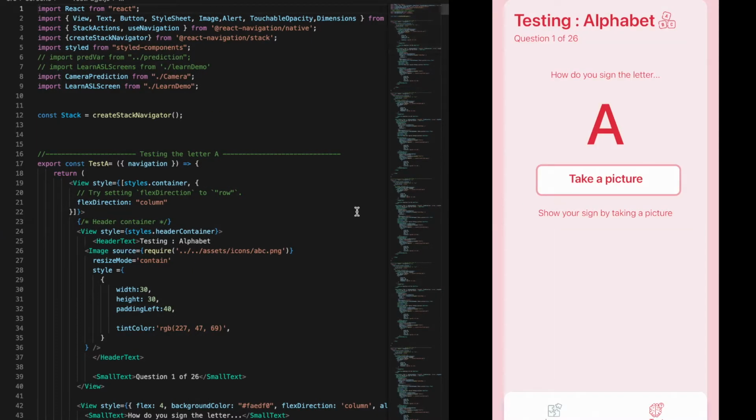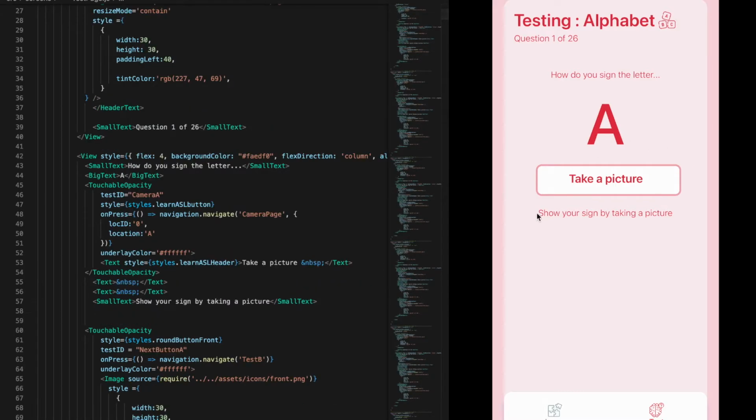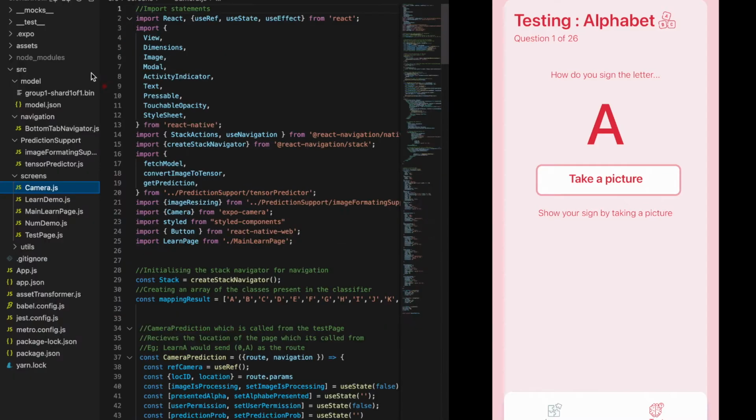In the test page, the user is able to select the alphabet they would like to test. For example, in this case, it's the letter A. Now when the user is ready to test their knowledge, they're able to click on take a picture. When take a picture is clicked, the camera class is called and the location of where the user is clicking from is sent as an argument. In the camera class,